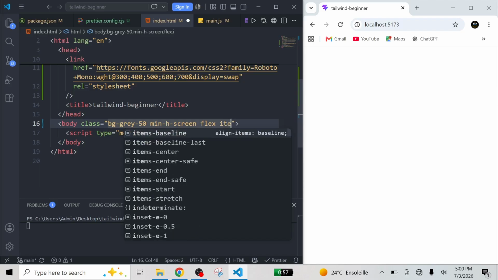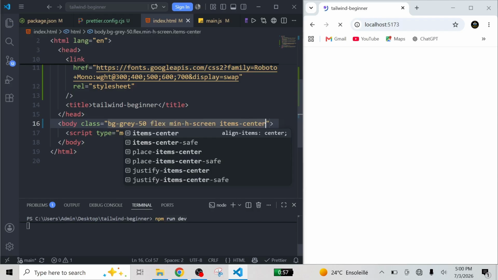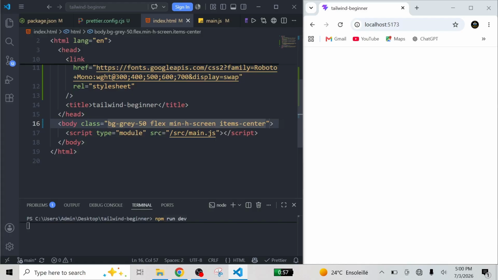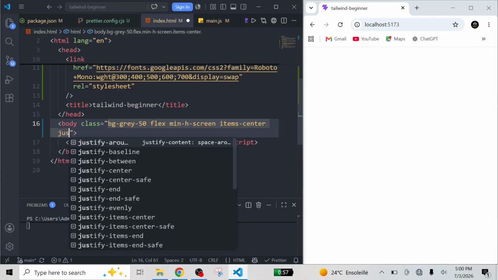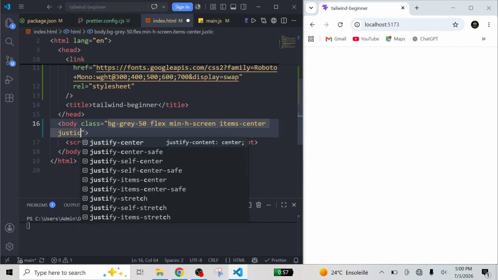Then I want to center, to align items center. Yes, then I want also justify center,